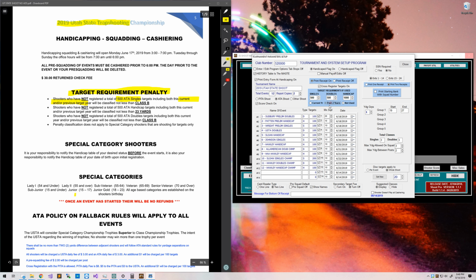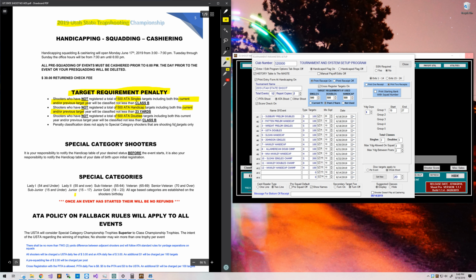So we'll set it to past 2 years. And then for handicap, it's 500 handicap targets, and that is once again going to be current and previous years, so we can leave that alone and just decrease the handicap targets to 500, and